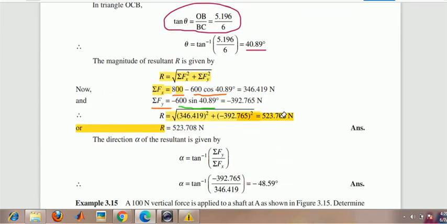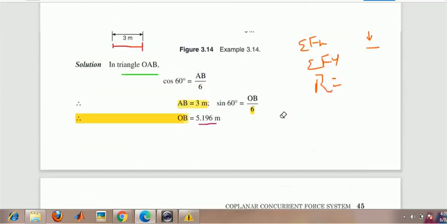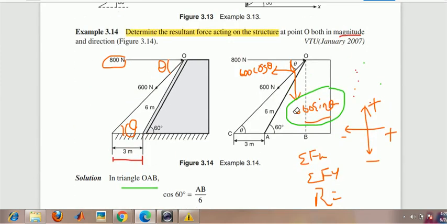So this is regarding this problem. Hope that you have understood. There are no difficulties in that, but they have given the figure in a different way. Try to analyze this figure and write the free body diagram, then it is helpful to solve the problem. Is it clear with this?